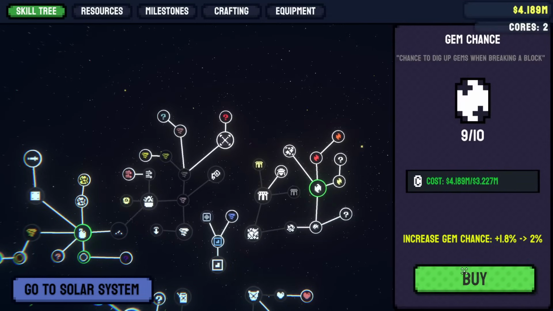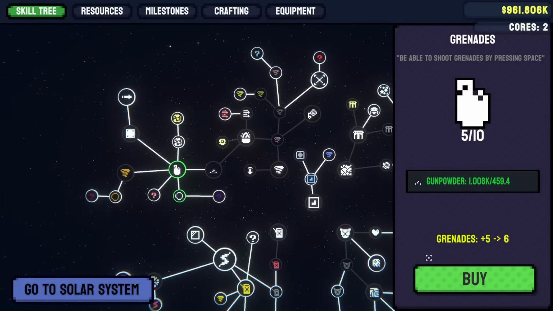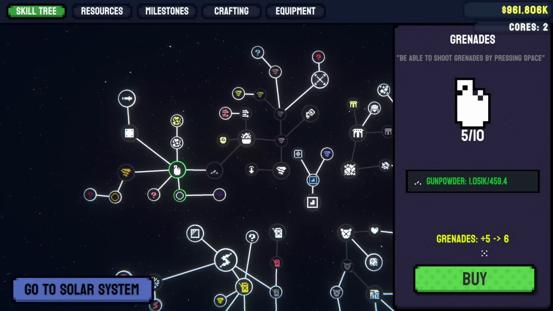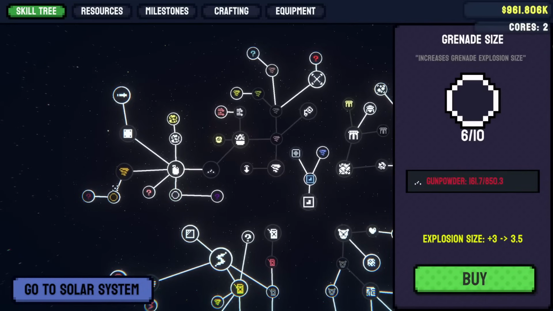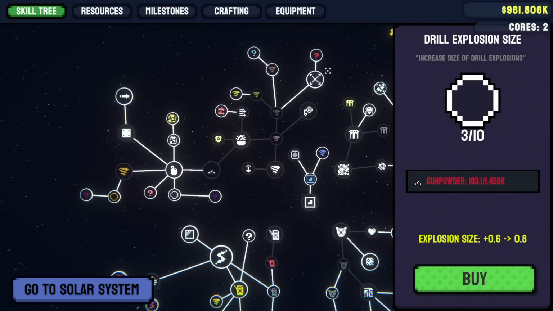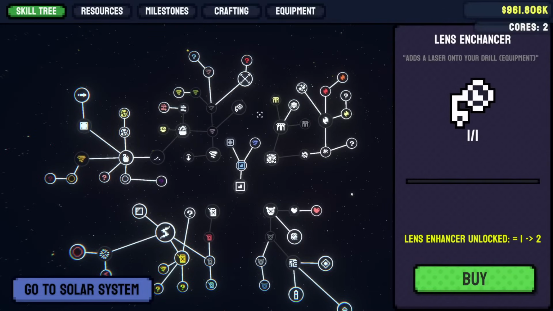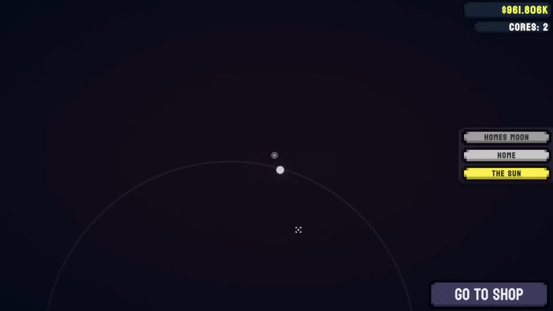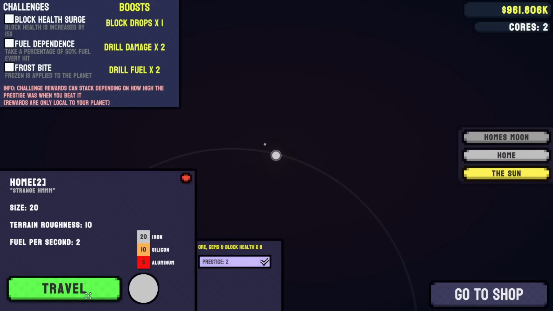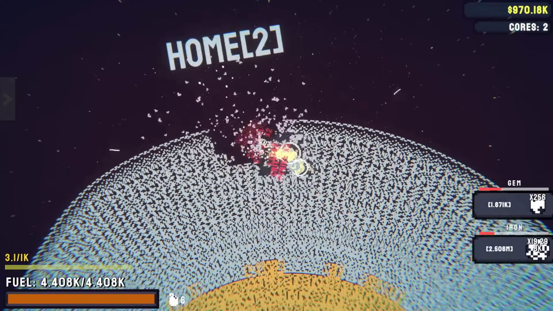I definitely want to do that. Just finish it off, right? It's too tempting not to. All right, we have now prestiged the moon. Take grenade explosion size still. So we got the laser enhancer. I want to see iron and aluminum while we are making. Let's go to home, prestige 2. So will the